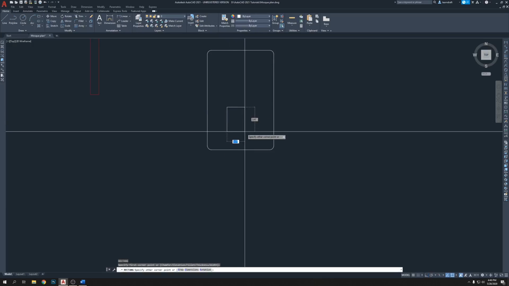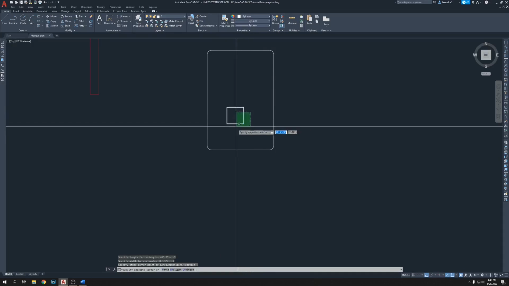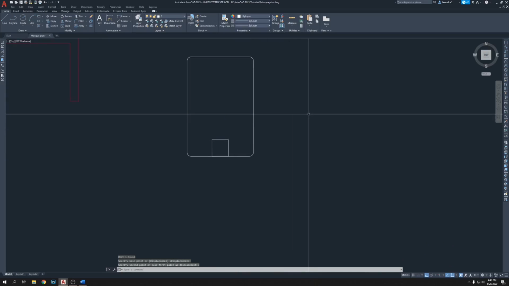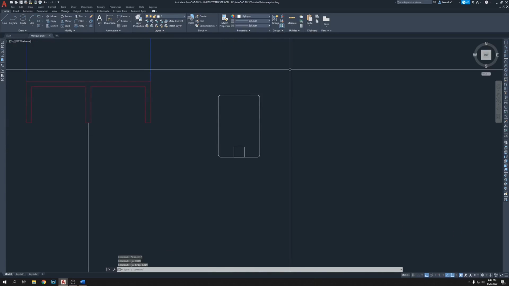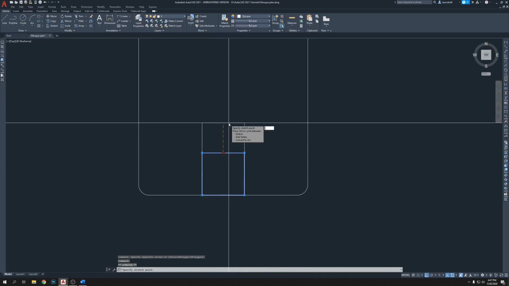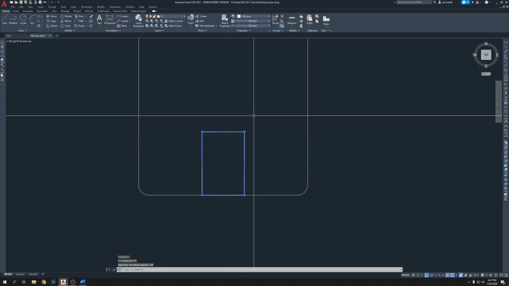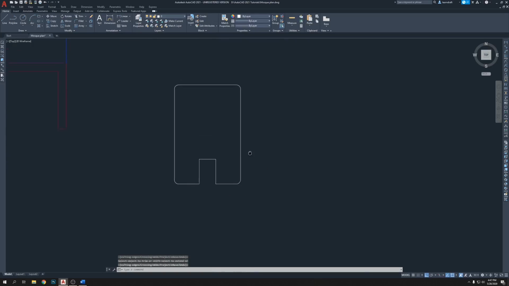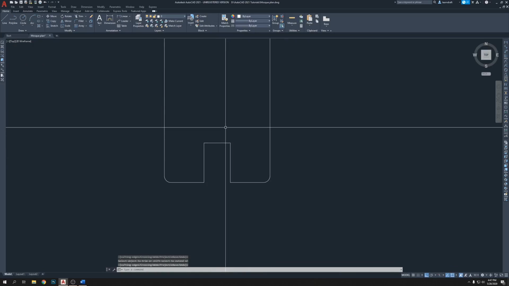REC, enter, click D, enter, 0.5, enter, 0.5, enter, click, select it, move it here, and then it's actually 1/2 inch this way is not enough. So 1/2 inch is not enough, make it 3/4. Click here, drag this way 0.25, enter, and I'm gonna trim it here, and then going to fillet radius 0.03125, which is 1/16 inch, enter, click,